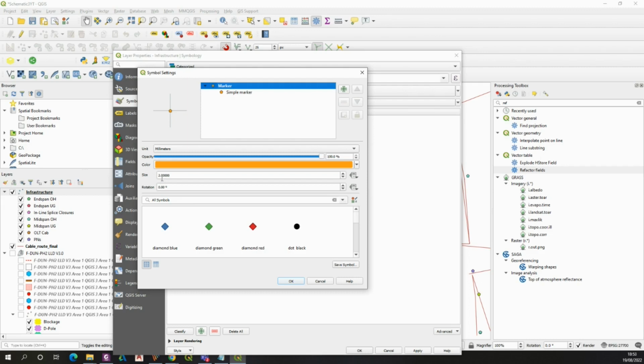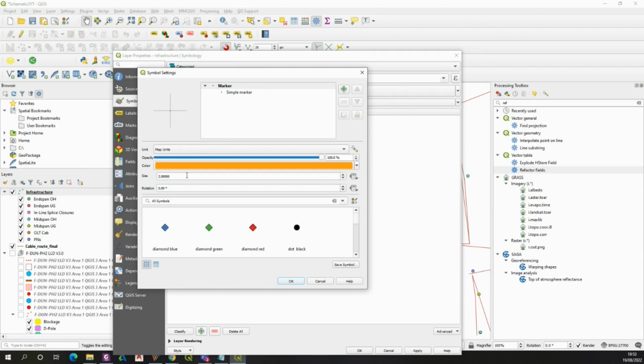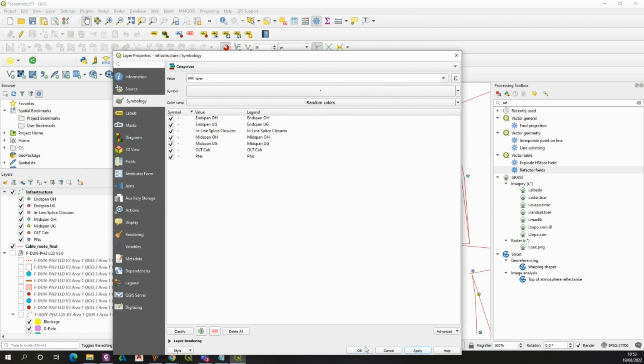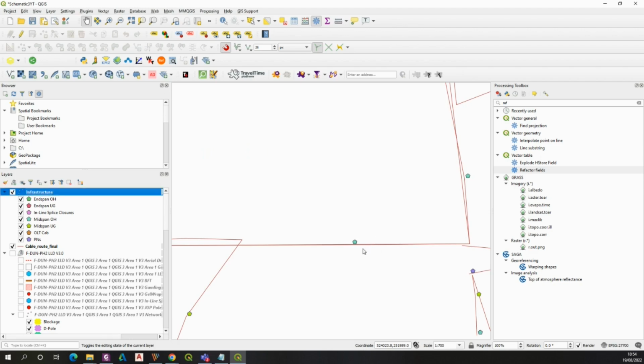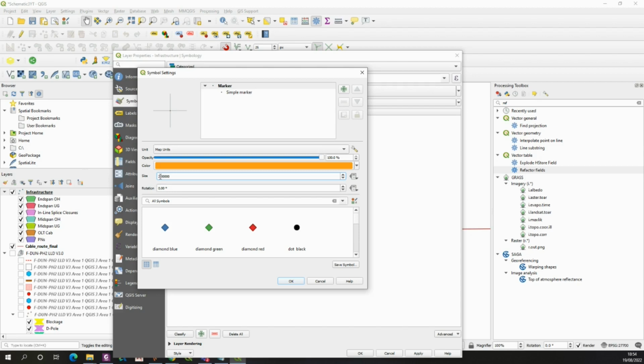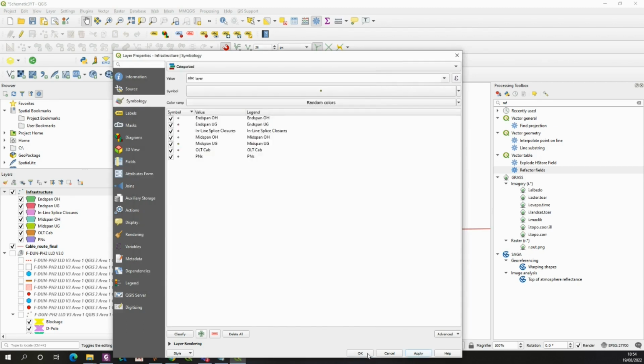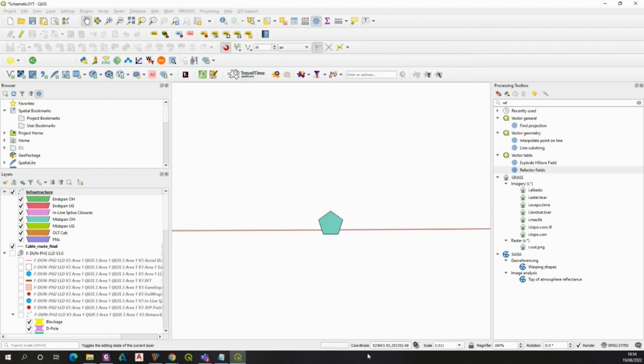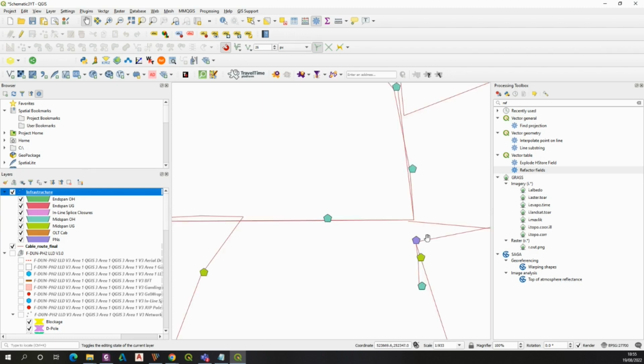Maybe size is not that important a thing as the unit itself. Unit cannot be millimeters here because we need to use map units, and this map unit will define the real size of the element under the proper level of zoom. This is obviously the thing which you need to play with. I can't assure that it will be correct or not because everything depends on your particular needs. It still looks quite small, so let me apply a bigger size, for example 5, and see what will happen this time. It looks slightly bigger but still not big enough, so in order to simplify this process, because for this moment I just need to change the colors and set the object size,